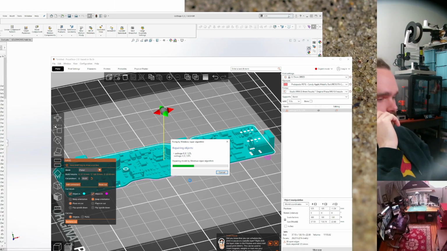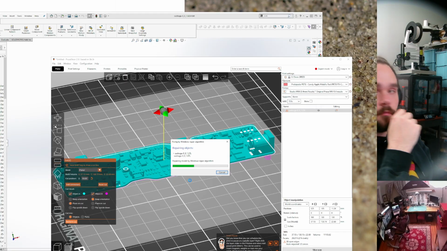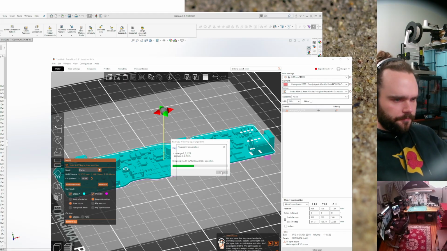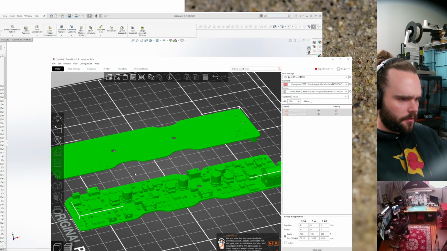It's a big model. Pairing was canceled. Whoa.